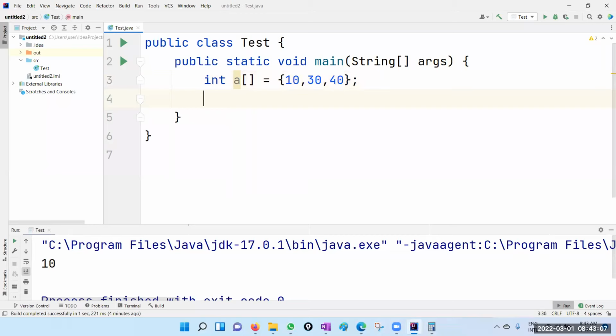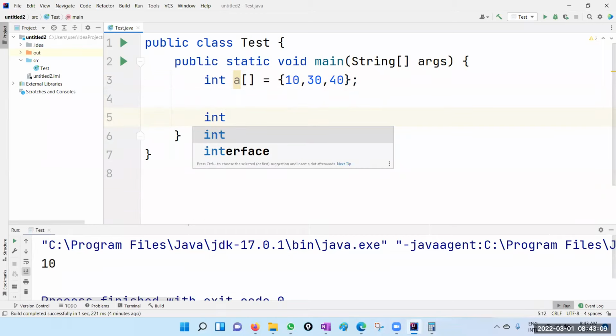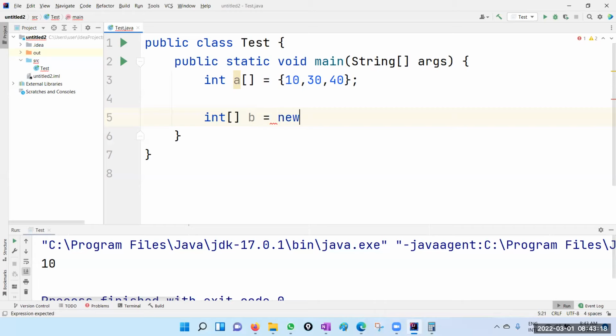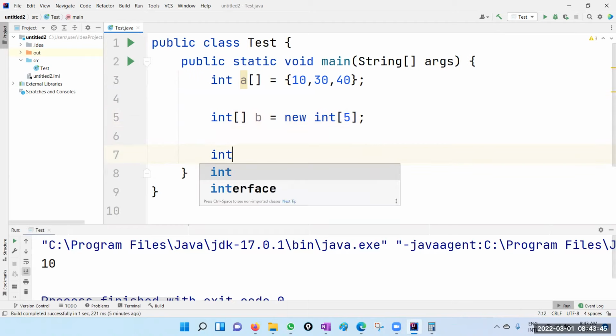Right, so that is the first approach. The second approach: remember, arrays are objects in Java. Arrays are objects, okay, so therefore you can use the object notation. Say b equal new int, and you have to give the size, whether it's 5 or 4 or whatever. Here you are not supposed to give a size; if you give a size you are going to get errors. And here you must give the size; if you don't give the size you are going to get errors. Okay, right, so that is the first thing. And again you can have the brackets here, here, or here. Okay, or else you can do it in two steps: int